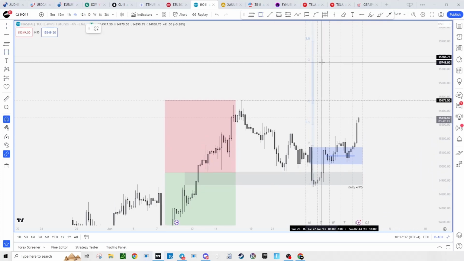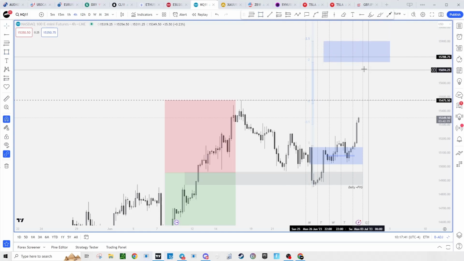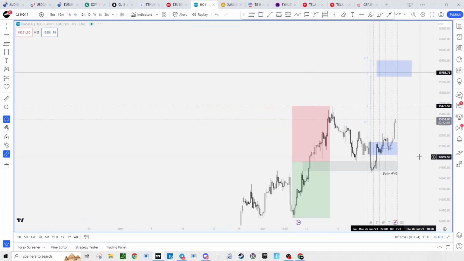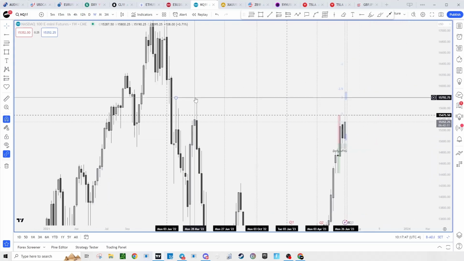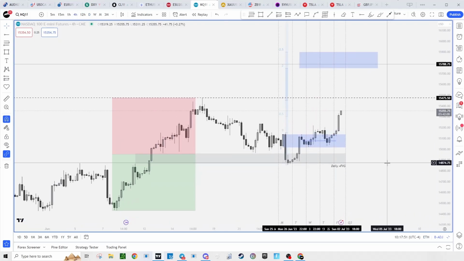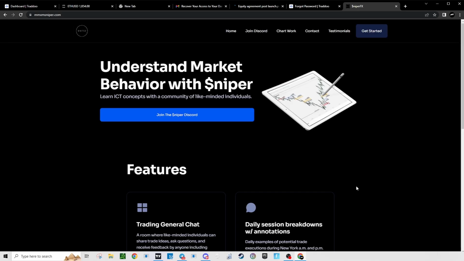and the zone between the 2 and the 2.5 standard deviations expansion, which is lying at these relative equal highs on the weekly chart. So that is our projections, and that is what we're going to be looking forward to seeing price reach in the month of July. So that is it for the video, you guys,